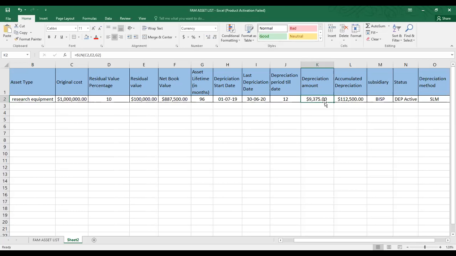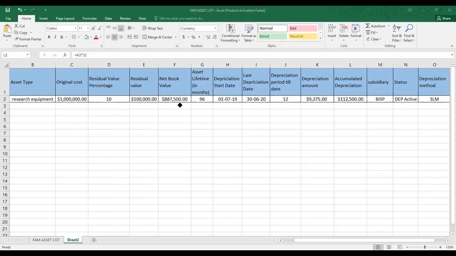So up till the depreciations that have actually been expensed, the accumulated depreciation is $1,12,500, and hence the net book value as on 1st of July 2020 was $8,87,500. So this is all the information that I have about this particular asset that I will be introducing into my asset record in the NetSuite application.